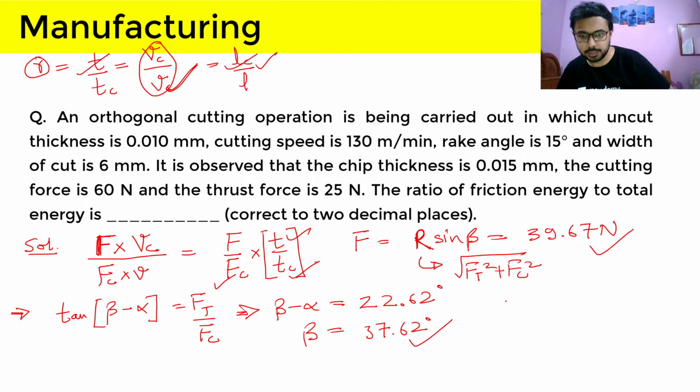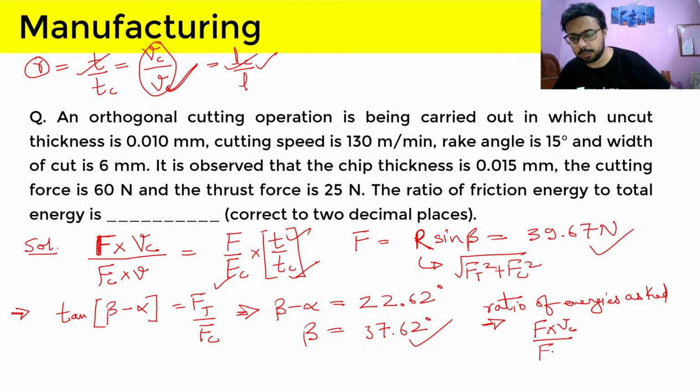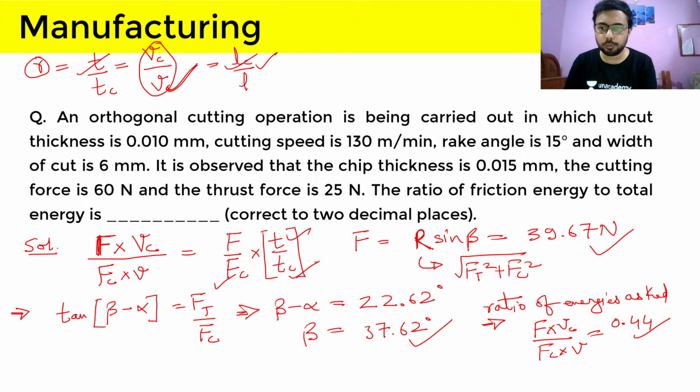So the answer that is coming out, that is the ratio of energies asked, that is F into Vc divided by Fc into V. It is coming out as 0.44. So this is the correct answer, because we don't have to write this answer in percentage. So the correct answer is 0.44, and again you can see we have taken the ratios of